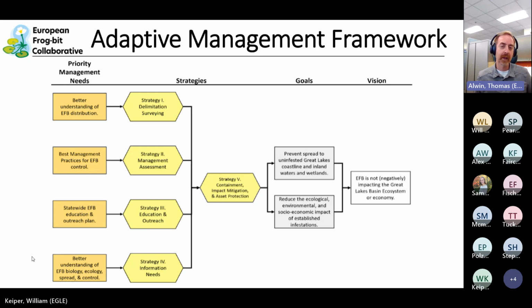So when the adaptive management framework was being developed, the idea was to have the vision initially pulled together, and then figure out the priority needs, so that right side and that left side, and then fill in with goals and strategies. The vision, I will read that one because it's important, is for frogbit to not negatively impact the Great Lakes Basin ecosystem or economy. And then the next piece that I like to focus on is these yellow hexagon strategies. And the next slide, I think Billy gives us those written out. So there are 5 of them,